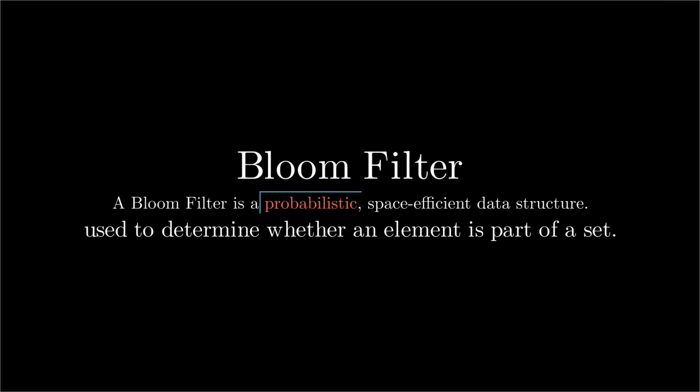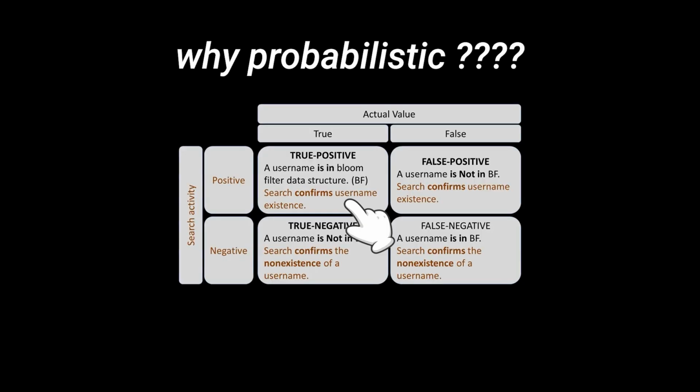A Bloom filter is a probabilistic data structure. It lets you know if an element is in a set or not in a very optimistic way. Why probabilistic? Let's say you enter some value in the Bloom filter and you want to check if it exists or not. So unlike a boolean, this is going to give you four states, that is true positive, false positive, false negative